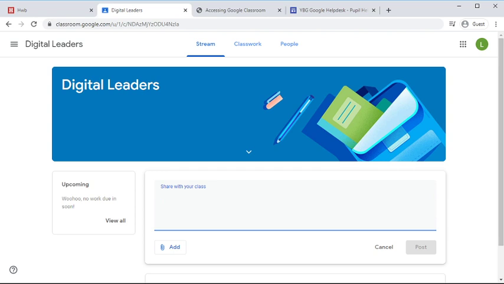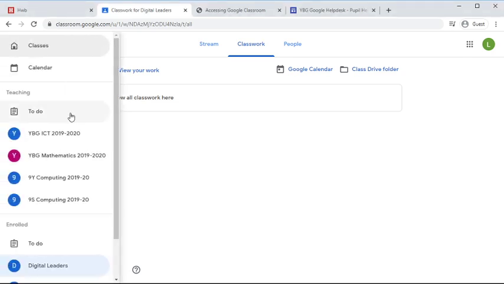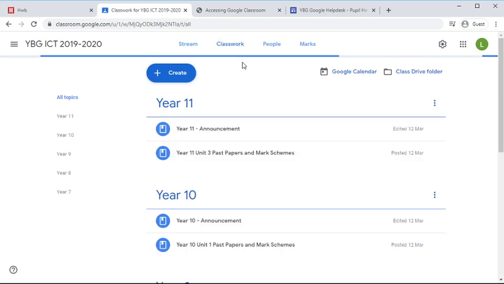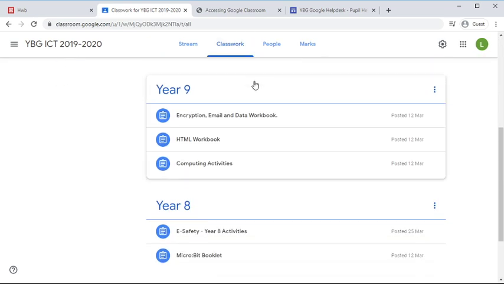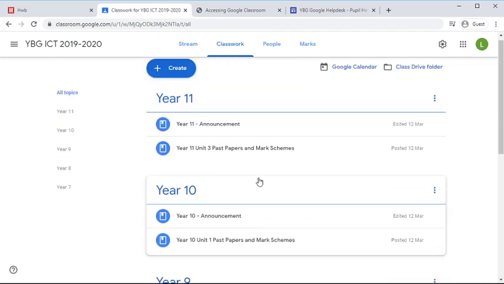But what's more interesting and what we're going to need more is the actual classwork icon. Now when you click on classwork, you're going to find that there's not actually any classwork in here because I haven't put any yet. I'll put it into the other class in a second, but this is where you will see a huge amount of different work. For example, if I show you the ICT page and I go on classwork, you will see that there's different work for different year groups. Obviously if you're in year 7 you can access the year 7 work, but it goes from year 7